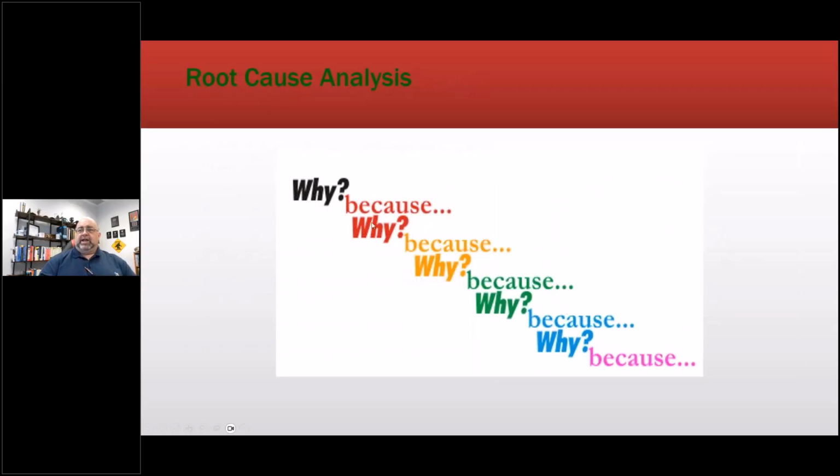So root cause: why? Because. Why? Because. Why? Because. That is your effect. The plant went down because, well, why did that occur? Because, why did that occur? You should expect, by the time you're done, if you're at the right level, to be between 3 and 7